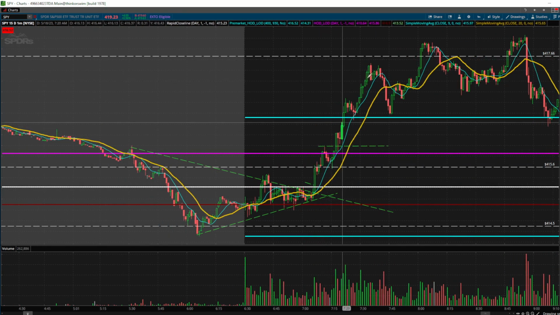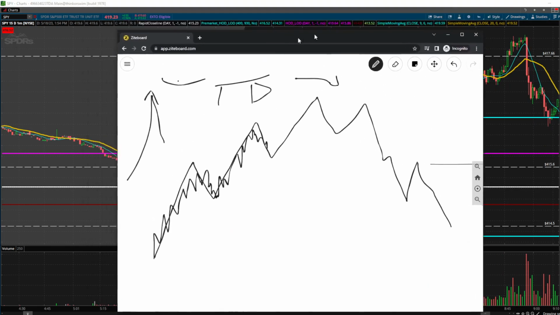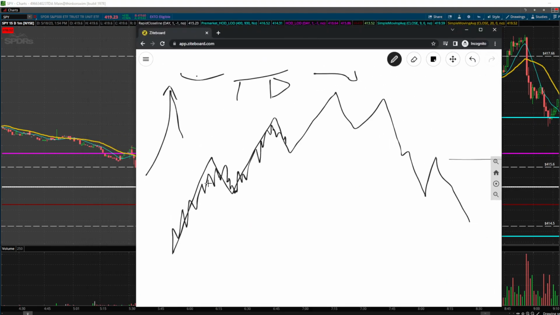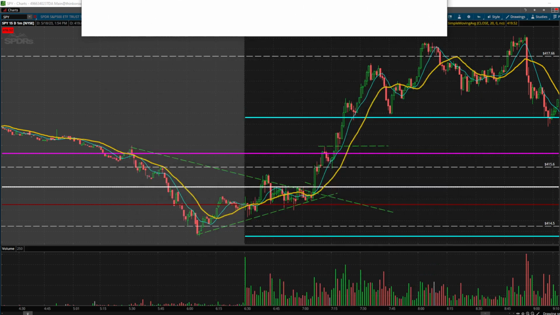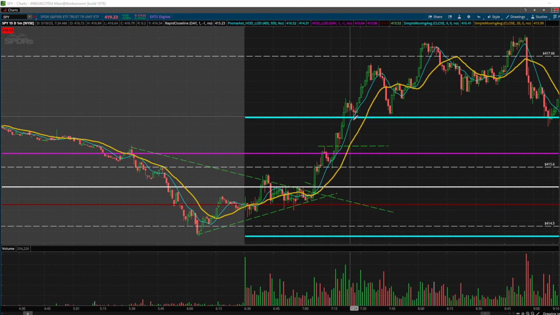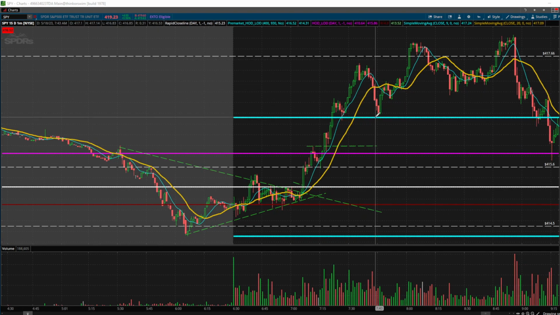Now, remember when I said every move is actually just a leg, and then the pullback? It's probably going to have some kind of chop down, right? Trend down before it reverses trend and it continues to the upside. With that in mind, look what just happened. We pulled back to support. Again, now our support is right here,